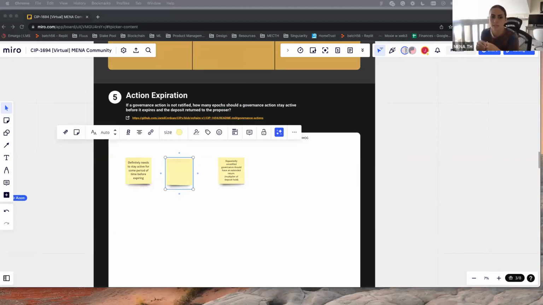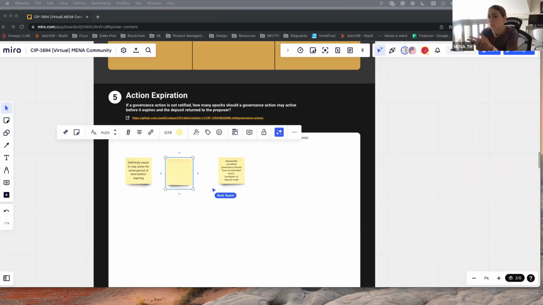And for enactment, it's certain ones. So the first three, motion of no confidence, new committee, update to the constitution are immediate. Hard fork and protocol parameters are on the next epoch boundary. Treasury withdrawals and info is immediate. Enacted after they get ratified. So I guess, yeah, you're right. If they were voted no, then they should just expire.